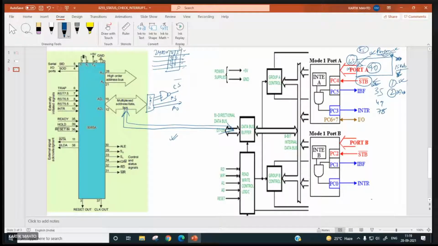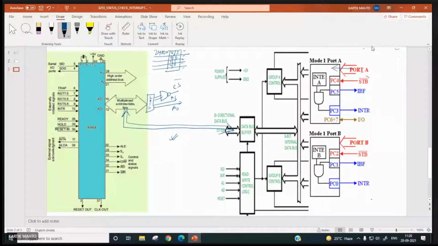Okay. So how many times will the person enter? Of course, 15 times. Now, sometimes the count is 45, sometimes it is 90, sometimes 35, 49, 78. So the time taken for counting is not going to be the same. It's going to be different. So whenever the count is over, that time this person is going to enter the data at port A, and it will make STB bar low.